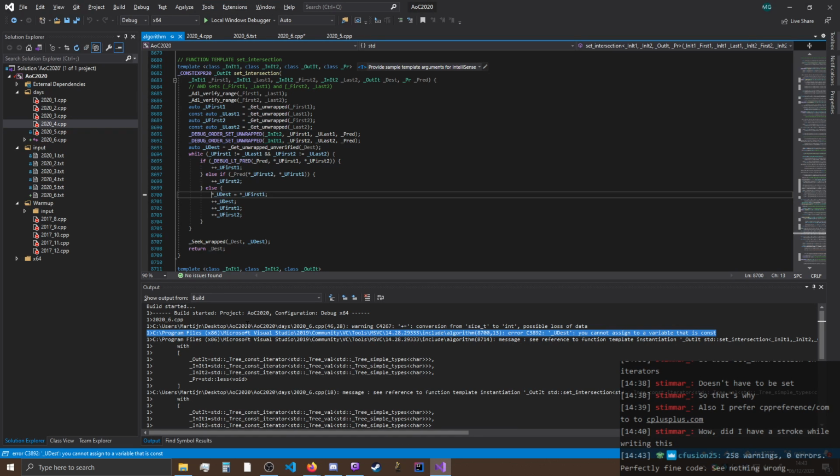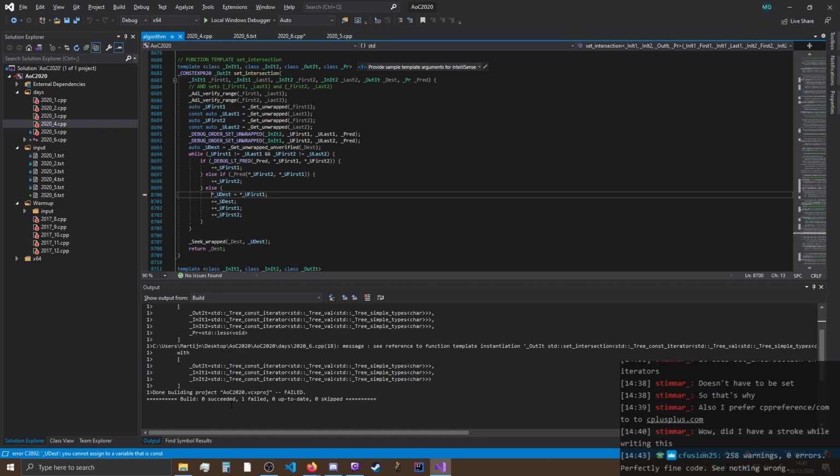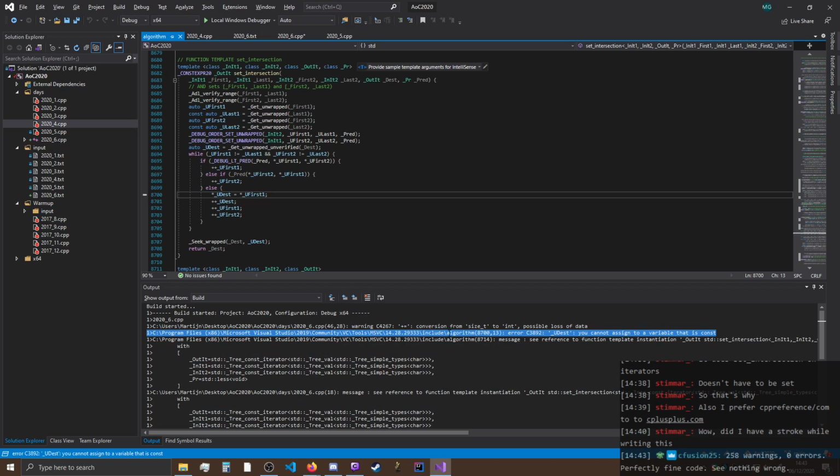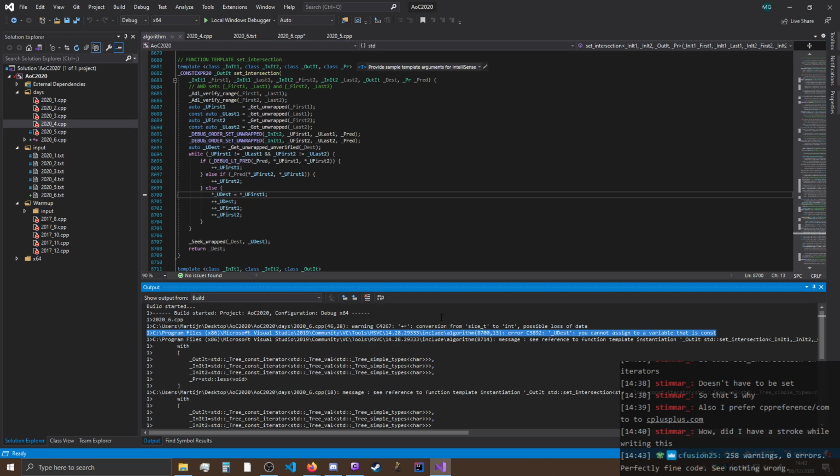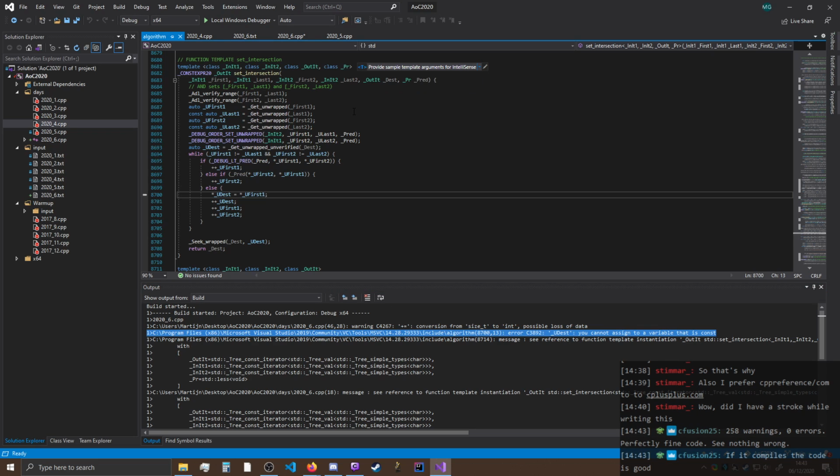258 warnings, 0 errors. Just ignore that, please. Don't worry. What's the worst thing that can happen? If it compiles, it compiles. Especially when I'm gonna guess that most of the complaints are like, conversion between things is wrong. So I guess it's trying to,